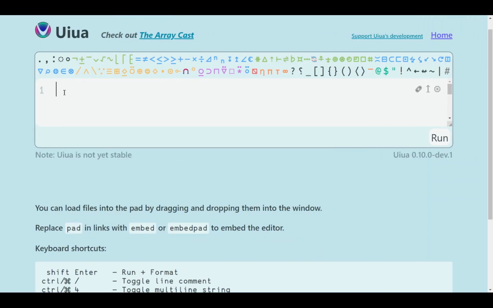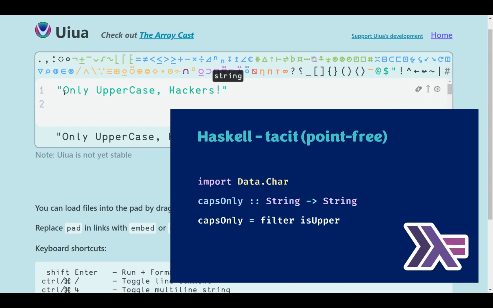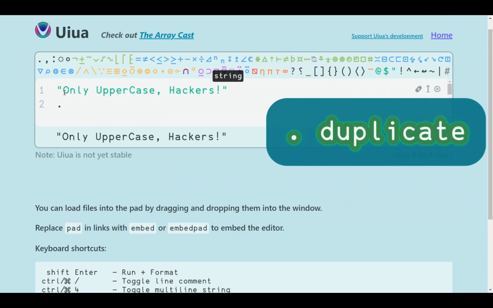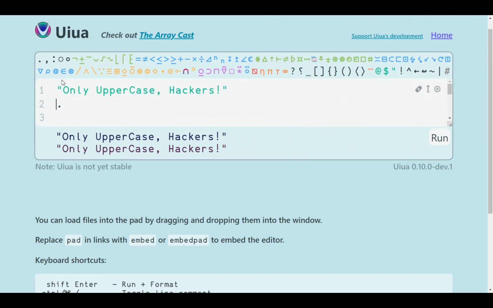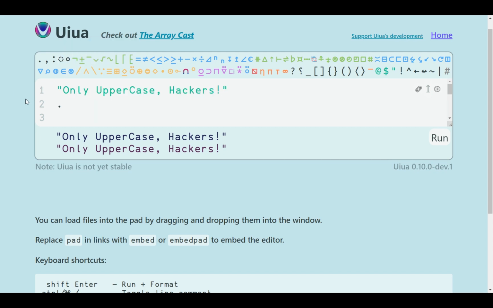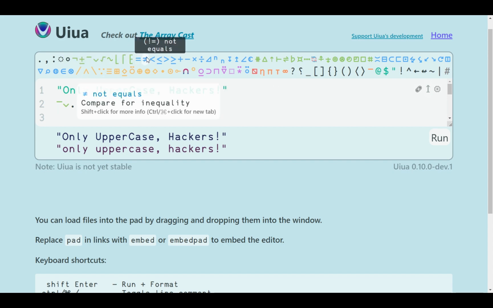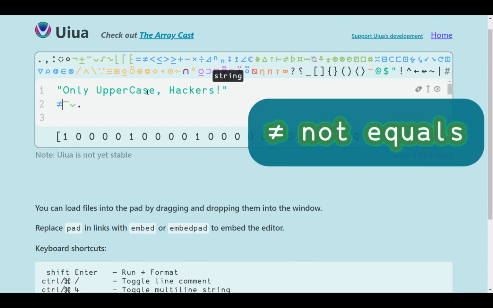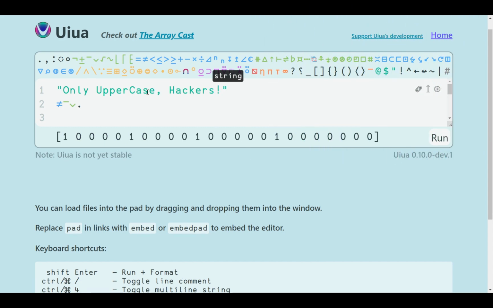Using this knowledge, I will implement a sample program of my previous video in Uiua to filter the uppercase letters of a string. First, I make a copy of the string, because I will need the original. Turn all letters to uppercase, then switch them to lowercase. Now the original lowercase letters, spaces, and special characters are unaffected by this, and we only care about the letters which have changed. So using the not equal comparison, we make a Boolean mask of those letters which were previously